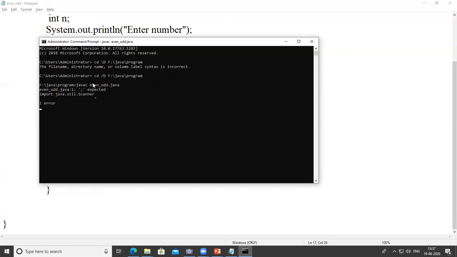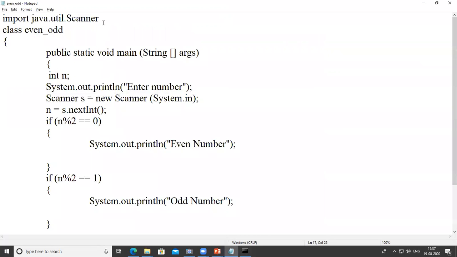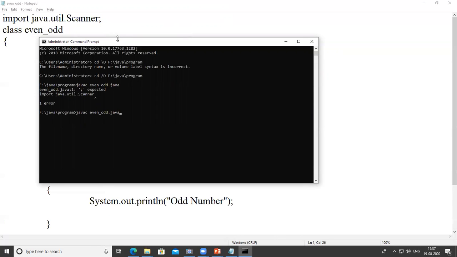Compile the program. Oh, some mistake. Here I forgot the semicolon. Save it. Again compile. Then java e1_odd and press enter.